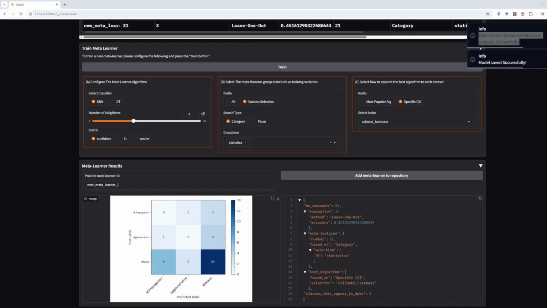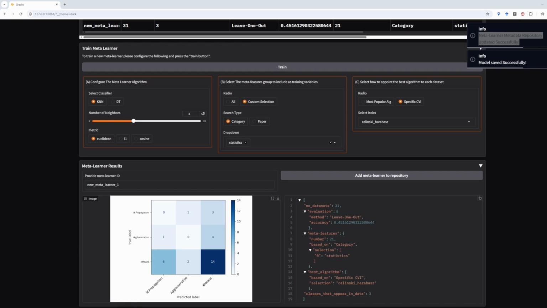So now that we have concluded with meta feature extraction, remember we did this in the first page of the PyClustUI, and we have also searched some configurations. It's time to actually train a meta-learner for algorithm selection. Two models are currently supported for this job. These are k-nearest neighbors and decision trees. The first one is chosen due to efficiency and simplicity, while the latter is chosen for its ability to provide